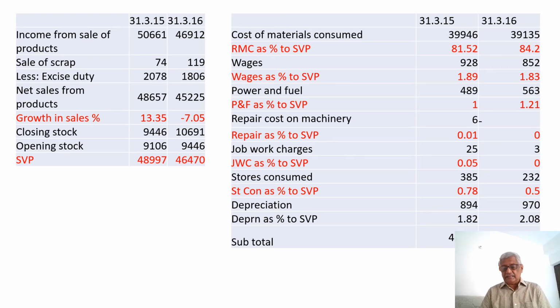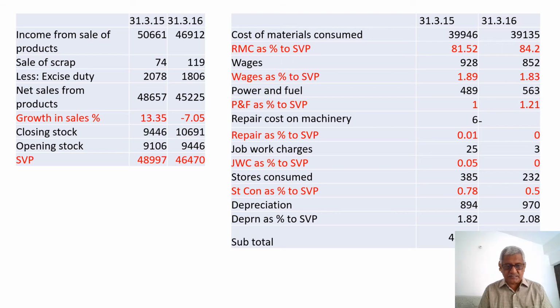At least the variable costs need to be compared with the sale value of production. That is, sale value of production is nothing but I add the closing stock of material which are lying there, for which I have incurred the expenditure during the current year, and I am reducing the opening stock for which I incurred the expenditure last year.